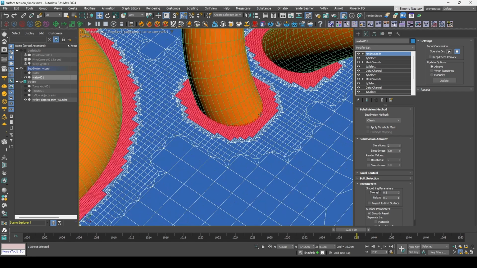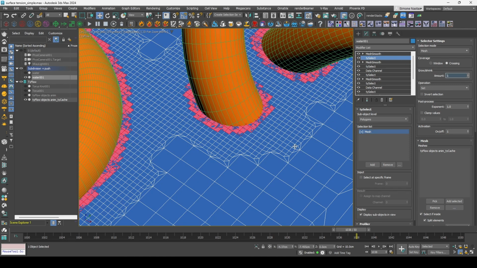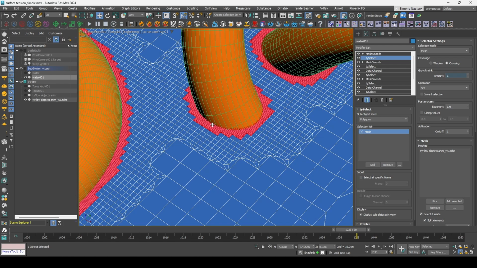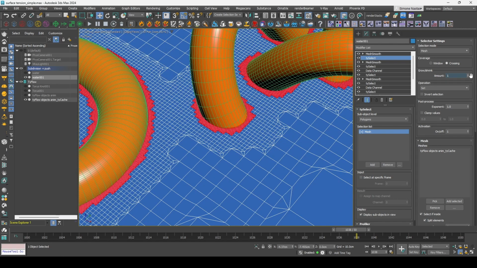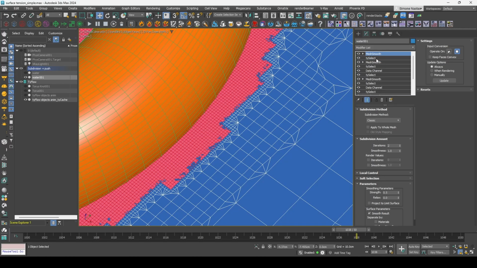Yeah, this is quite defined. Maybe I could even do this with less. Now let's keep it, yeah, like that. And now I can TySelect again,